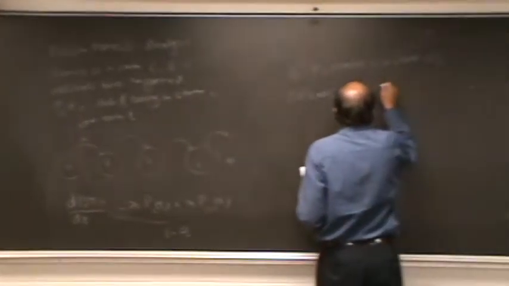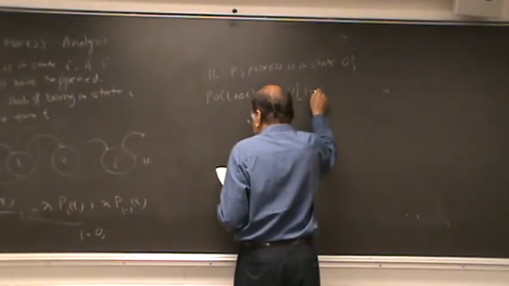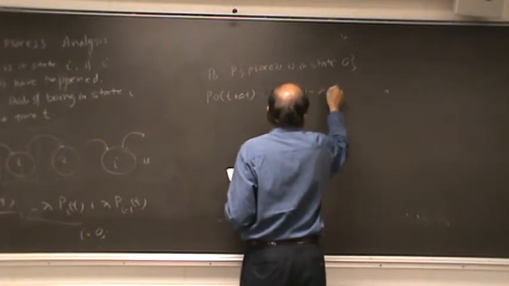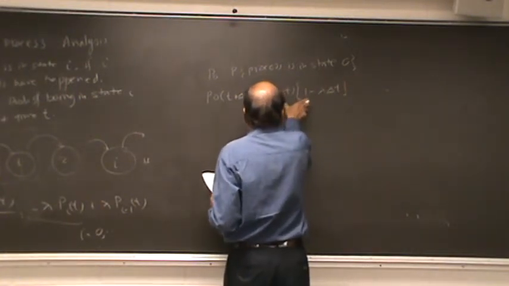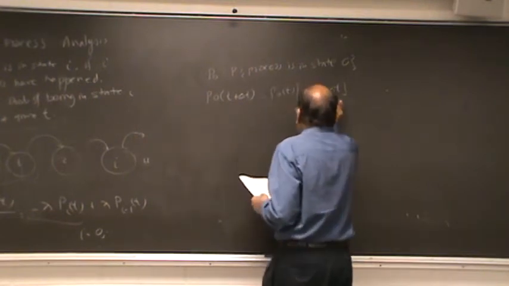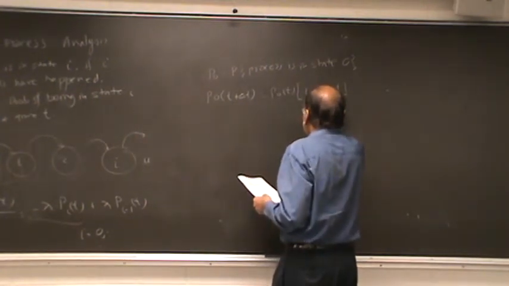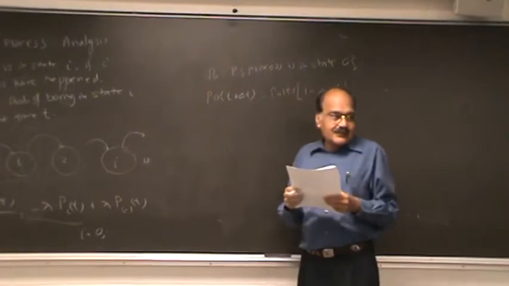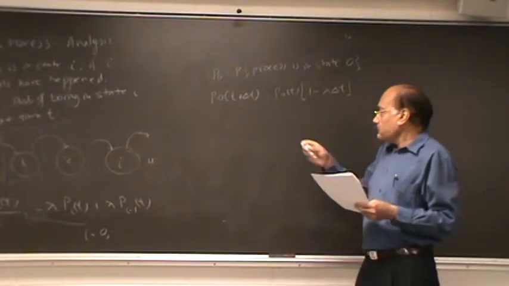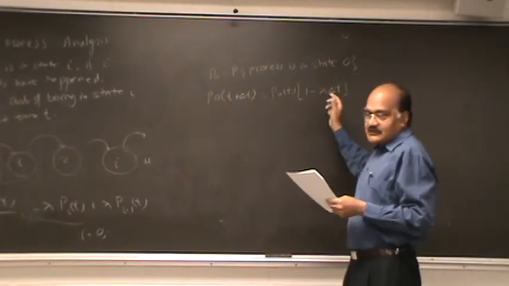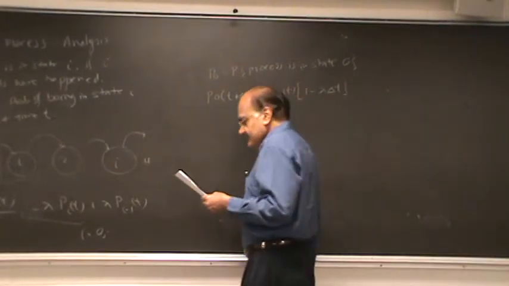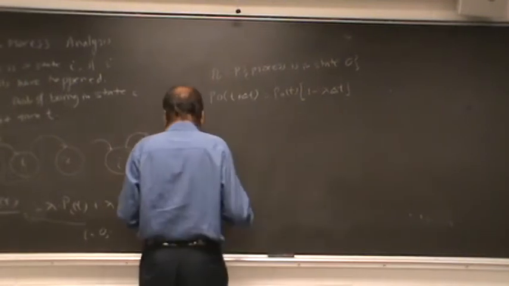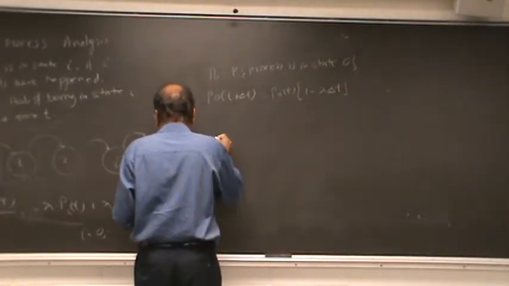So P0, and here you have 1 minus lambda delta t. So from P0(t), you're subtracting P0(t) multiplied by lambda delta t. So the stuff going out is proportional to lambda, and it is also proportional to the duration. So longer duration, more stuff goes out. And we can write this as,